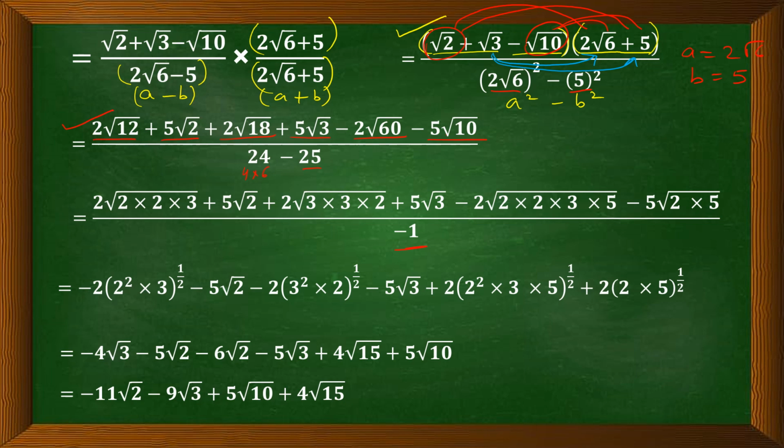Now to solve this numerator, we have to factorize, or find the factors of 12, 18, 60 and see whether any factor can come out. So 2 into 2, 3; 2, 3 into 3; 2, 3; 2 into 2, 3, 5; 2 into 5, right? So these are the factors, we have factorized it. Now if you remove the root sign, we can write half over here, raised to power half, right? Over here also 1 by 3 can come, but let it be root 3 because it doesn't have any factor. So over here half, right?